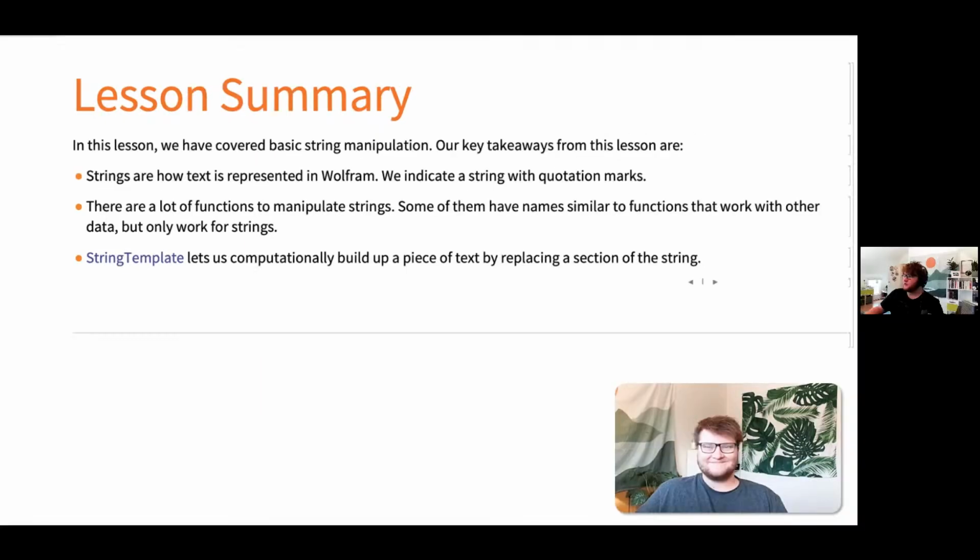Awesome. So let's do a quick couple of polls. So let's start off with this one. What is the difference between join and string join? So the correct answer for this is that join combines